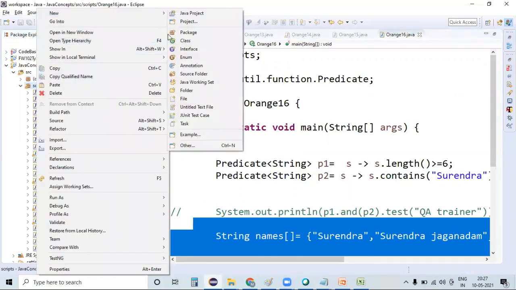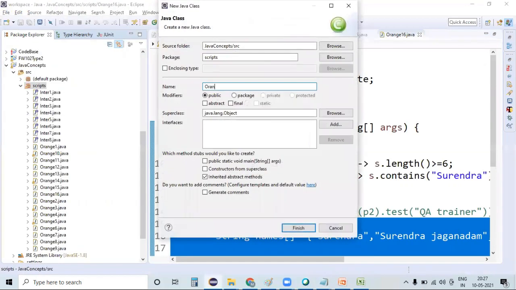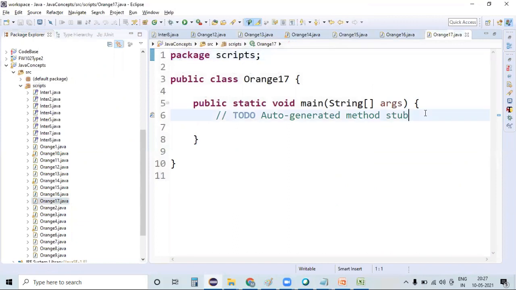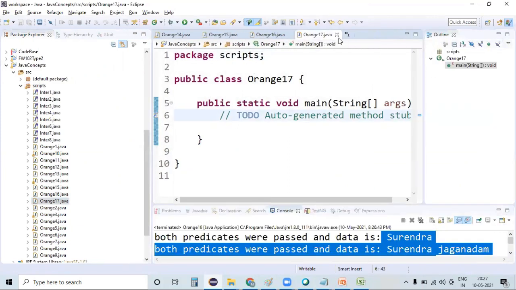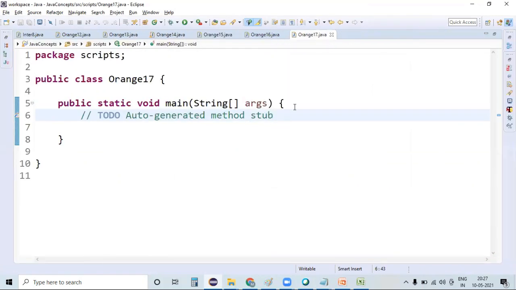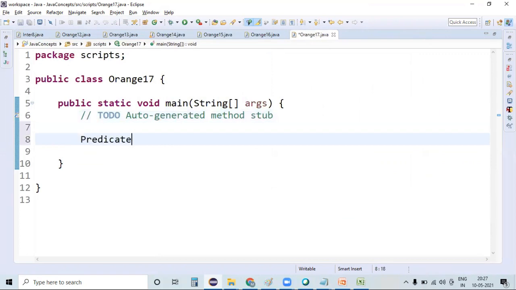So let me create one more Java class here. So guys, the reason why we are putting these many examples is to help you in understanding this concept in a much easier way. That's it. Okay, so Predicate of Integer p1 is equal to i